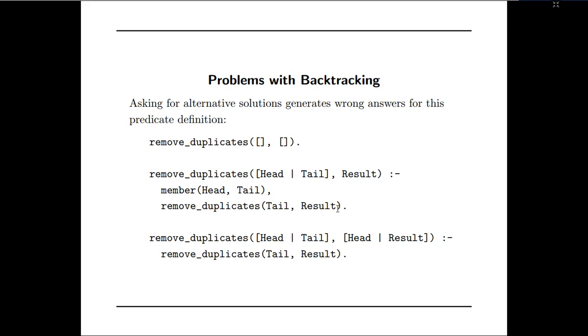But here, once the program identifies that the first element is a member of the rest of the list, that means it is a duplicate element, then it has to forget the parent goal, and it should not opt for the already visited goal.